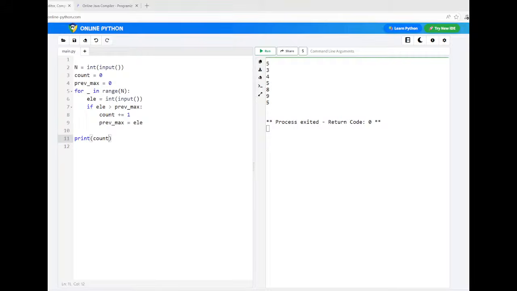So let us write a Java code for the same, because in many students,